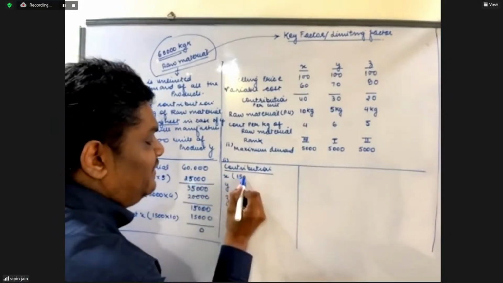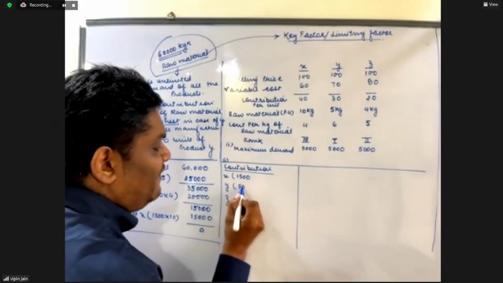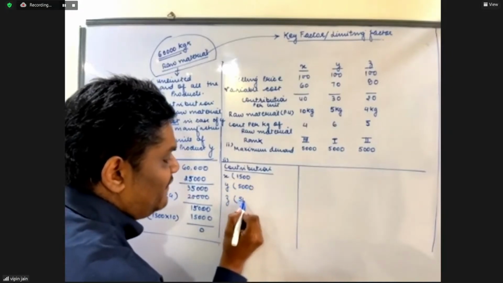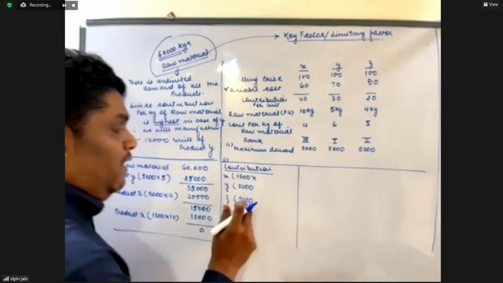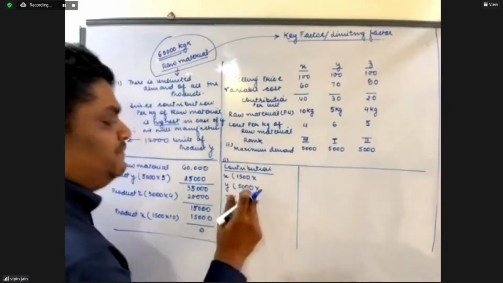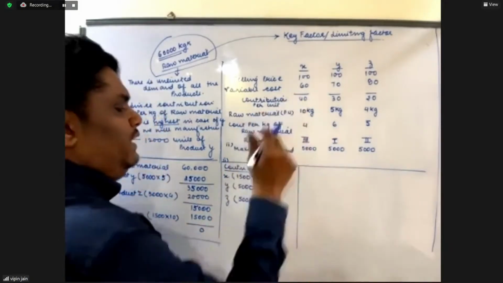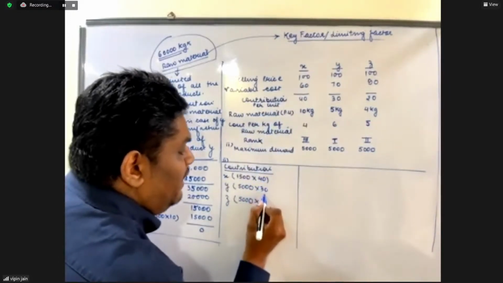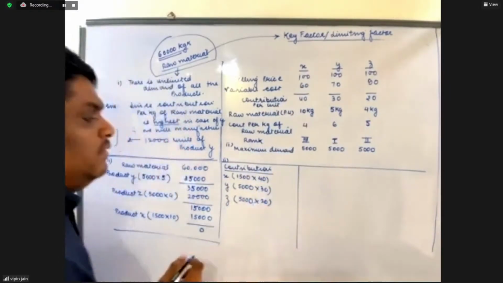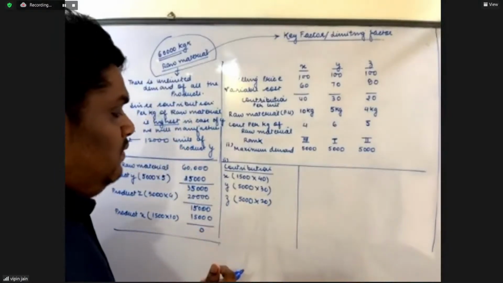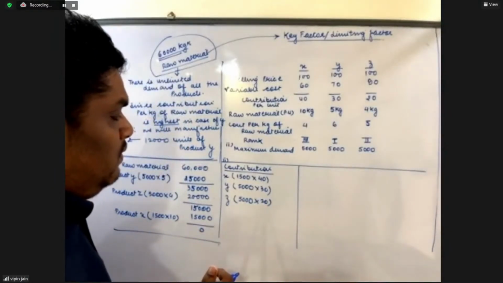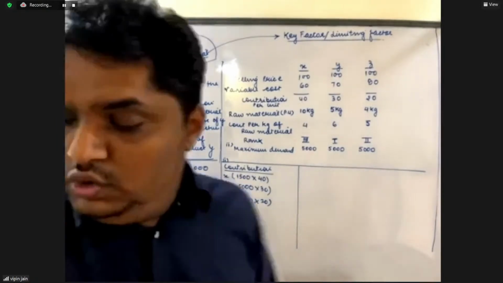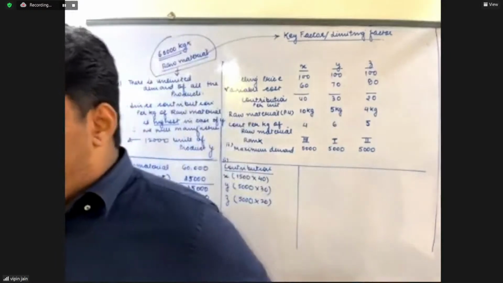X we have manufactured 1,500 units, Y 5,000 units, and Z 5,000 units. Now, these are the units manufactured, and the per unit contribution is how much? 40, 30, and 20. So the total contribution will be